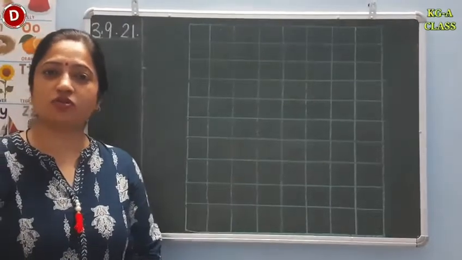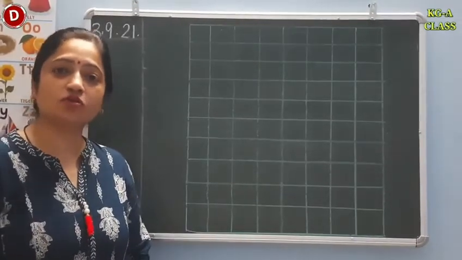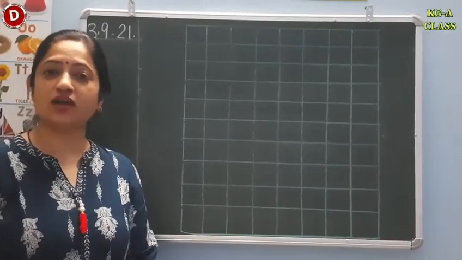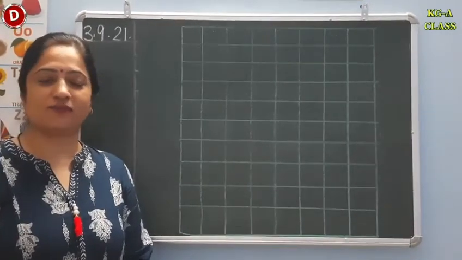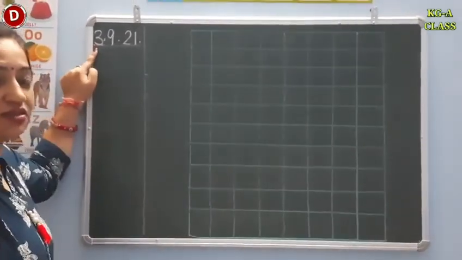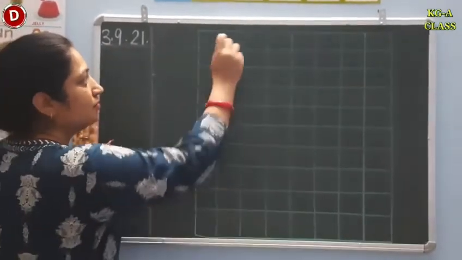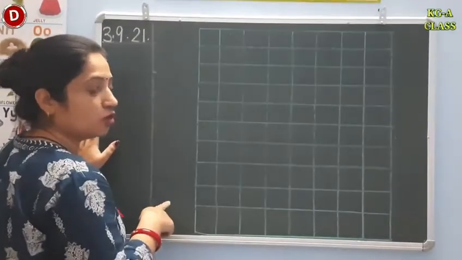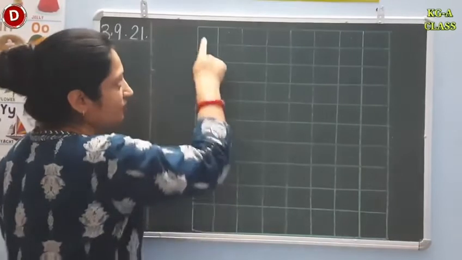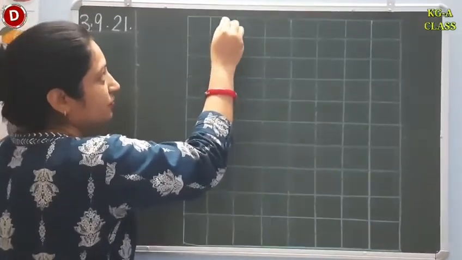Children, today I am going to introduce you to writing numbers 1 to 30 in series. First I am going to write on the board, which you have to watch carefully. I am going to write and you have to speak along with me. Okay, so let's start. Today is 3rd September 2021. Children, I have made the page of your notebook on the board. First, leave the first line, and then from the second line, you have to start writing.